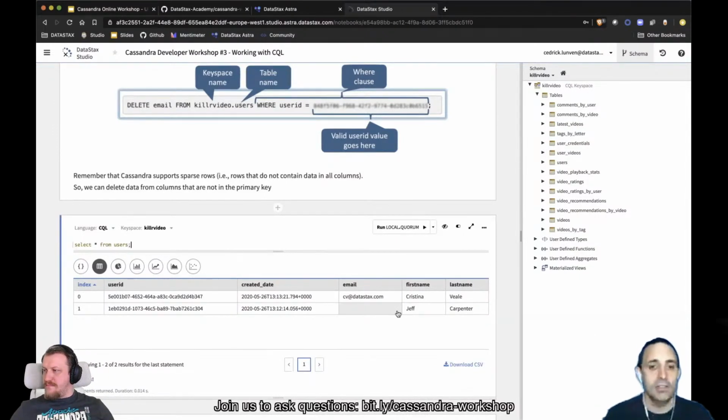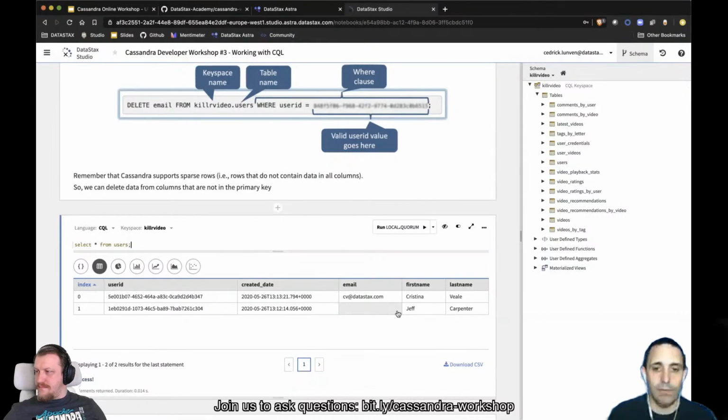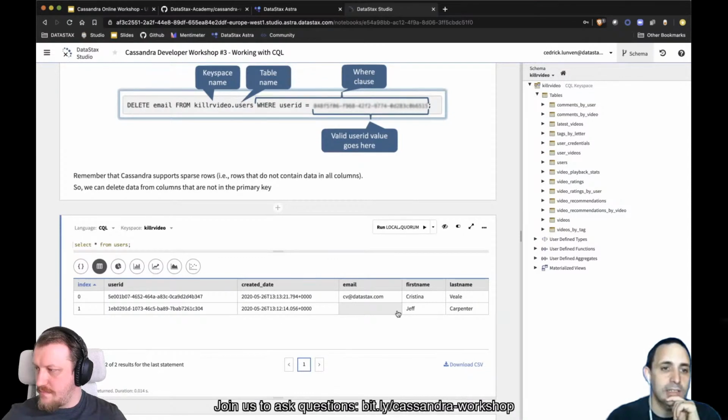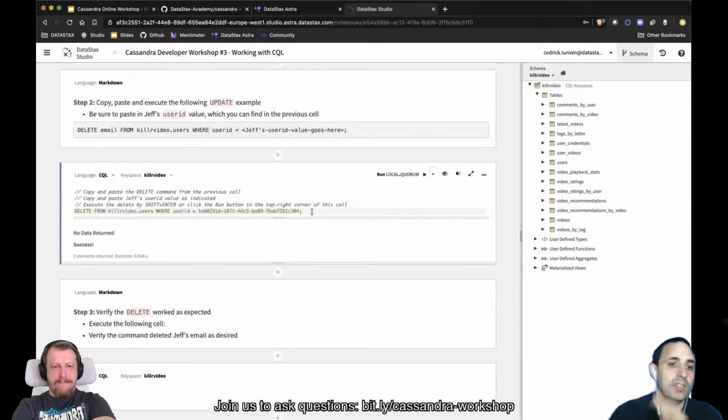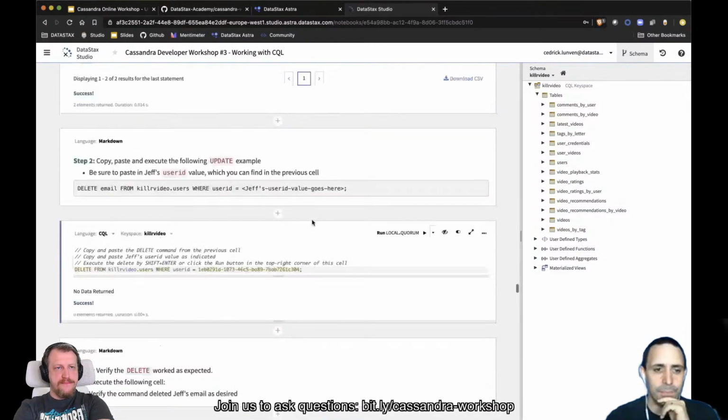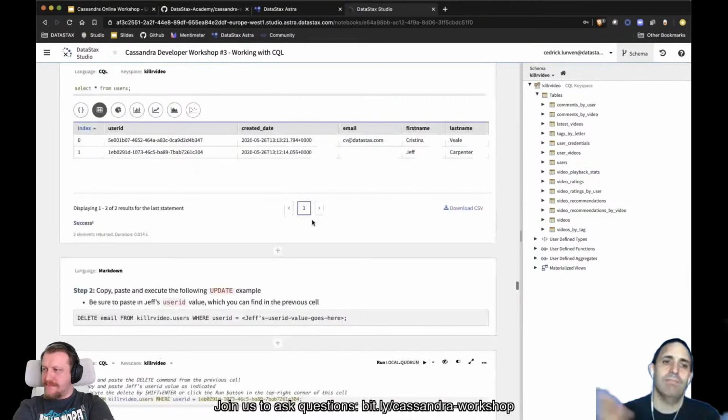So you can totally drop one of the values, that's totally okay. And if I now delete without providing the column name, I will simply delete the full row like that. And if I execute the select star again, the row is gone.